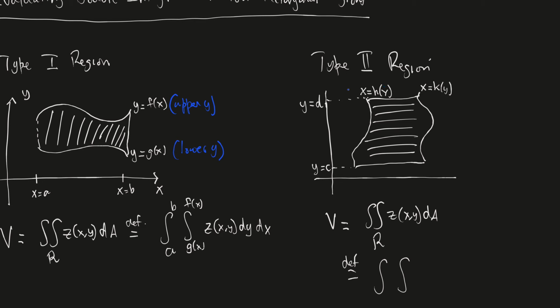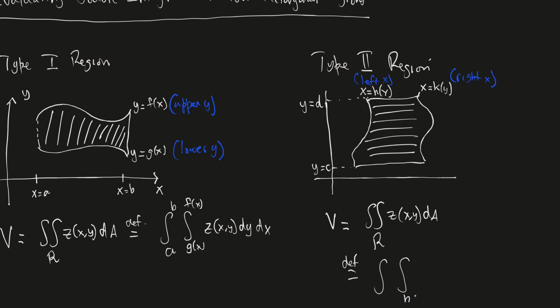Let's say this function h of y is the left x. So this is to the left. This would be your smaller, because as we go to the left, x gets smaller. So this is your left x. And then this one would be the boundary on the right, so this would be your right x. It's always going to be your rightmost is the larger of the two, and the leftmost is the smaller. So we would put